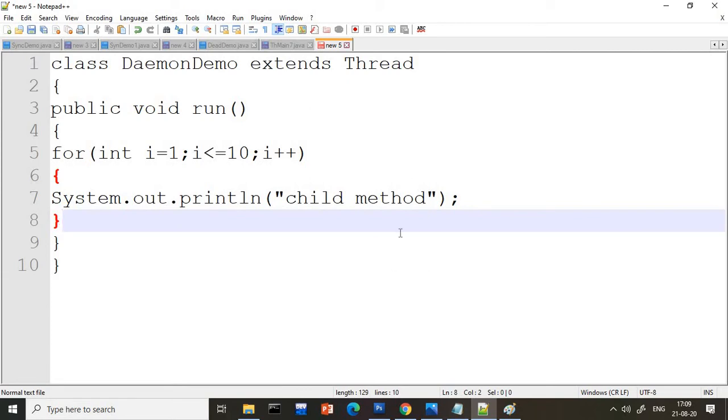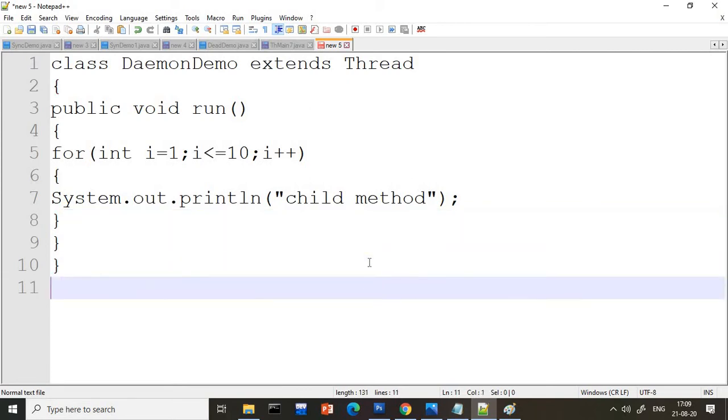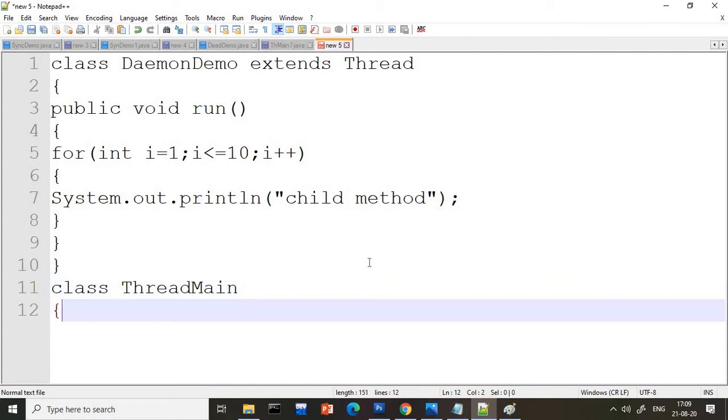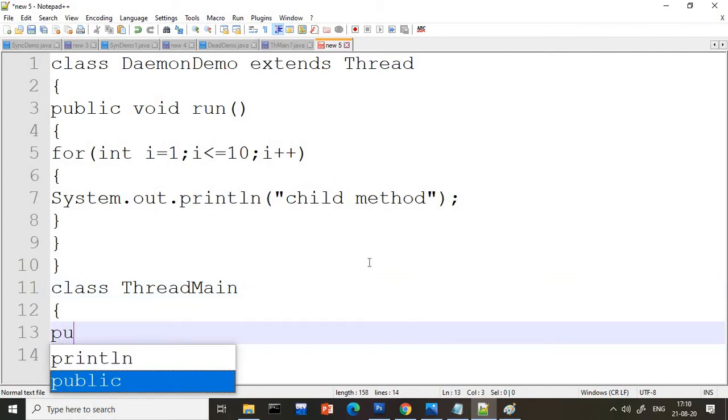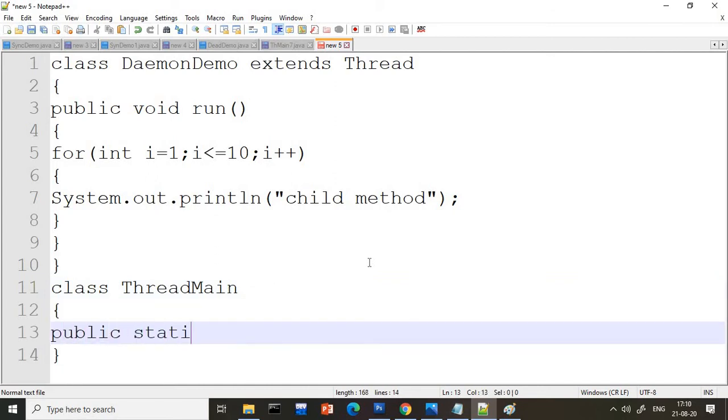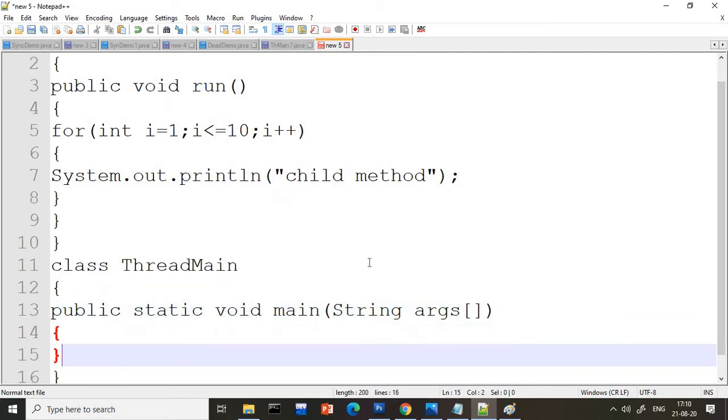Okay, so now this is about your class. Now we'll take one more class, ThreadMain, where I will write the main method. Let us write public static void main, and here we will write String args. Now here what we will do is we'll create the thread class object.